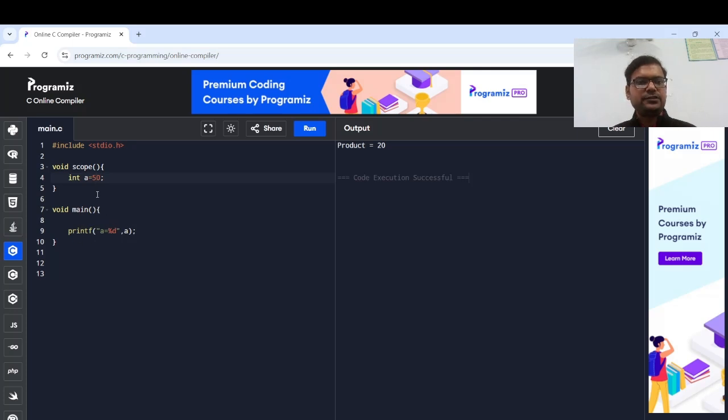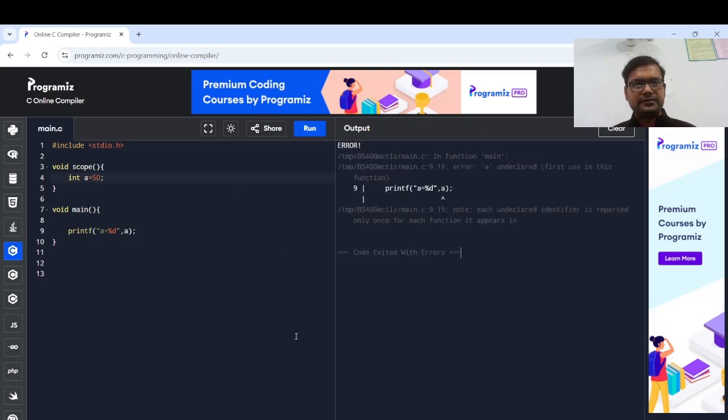but we just have understood that the scope or availability of the local variable only remains inside that function where it is declared. So see, if I run it, it will give an error, because here in the main function it is not finding any variable a, because a is not available here. But instead of that, if I comment it and if I declare that variable a as a global variable 50,